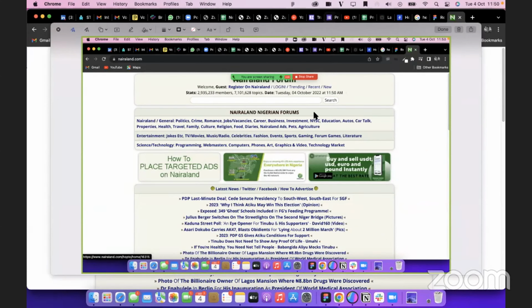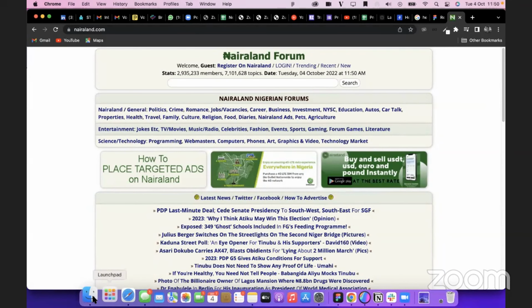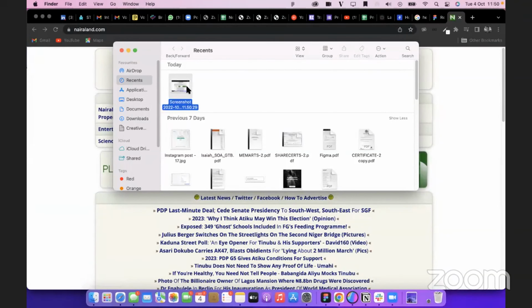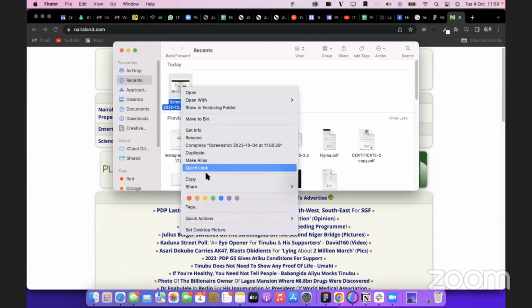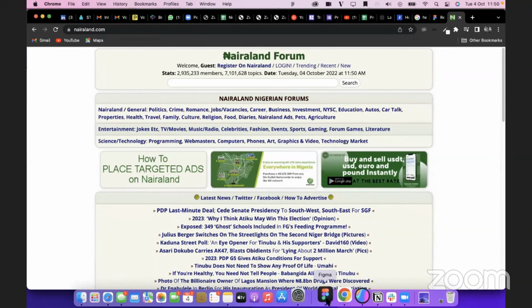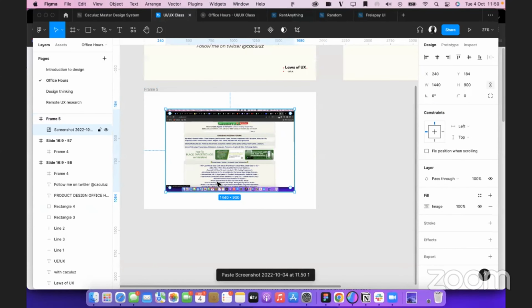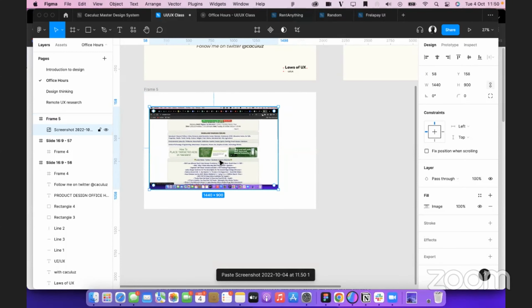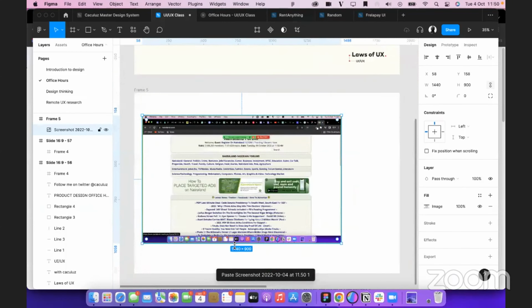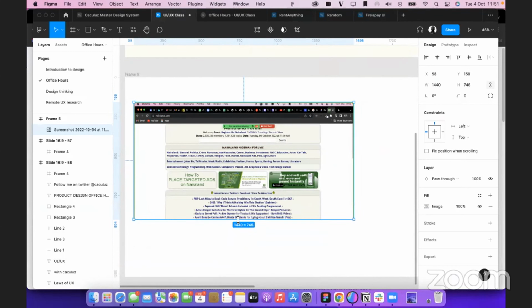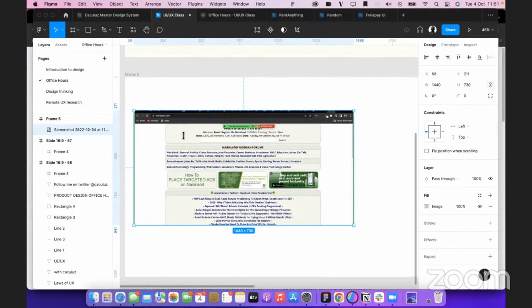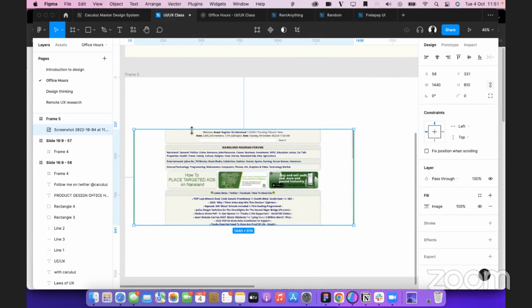This is a screenshot, for example. So I'll just save a screenshot, and then I'll go and copy the screenshot. Then I'll bring the screenshot to Figma. See, for example, let's say there's one law somewhere that they defaulted in, right? So I'll copy to Figma, and I'll do like this.